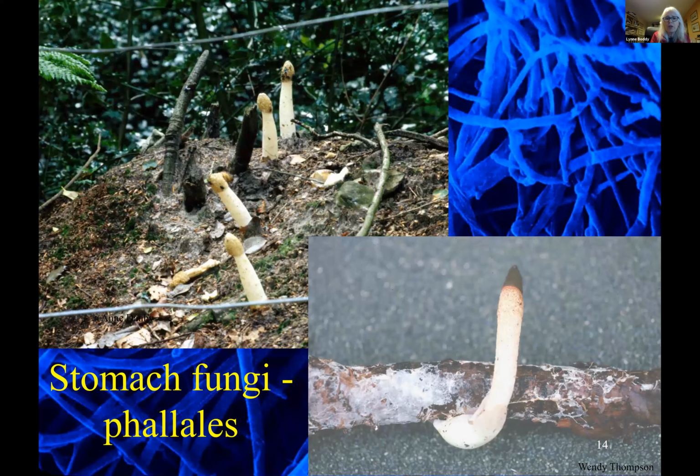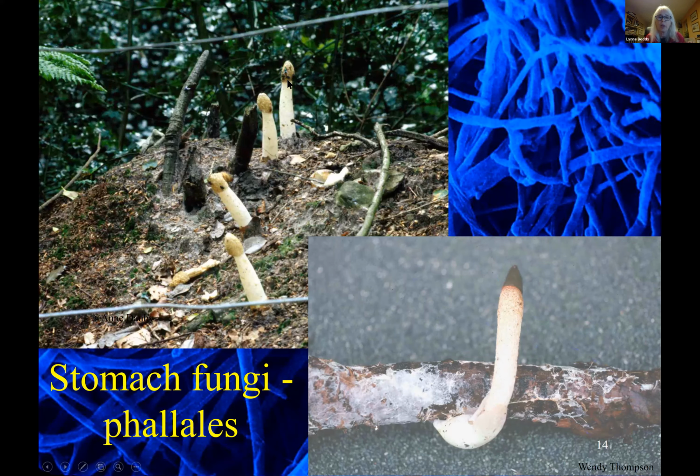These also fit in the group which is sometimes called stomach fungi. These are the stink horns, and they develop from what are called eggs, in inverted commas, underground and rapidly erupt. And a gelatinous mass is formed on the heads of these stink horns, and the spores are produced here. This gelatinous mass smells like rotten flesh, and you would have smelt it in the woodlands. People sometimes think that it's the smell of foxes or something like that, but it's a smell of rotting flesh, and it attracts